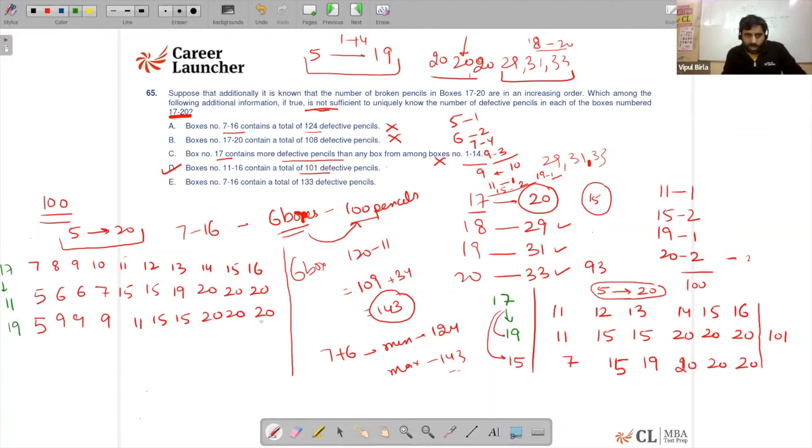Let's try whether we can have any other possibility also. So if I give 20, 20 and see whether 19 can be here or not. 19 out here, and then the same 15, 15, 11, 9, 9, 9, and since I've changed 19 to 20 to 19, we need one more. Therefore, that's also one of the possibilities. And in this case, 20 will be there in box number 17. So again, we will not be able to uniquely identify what is there in box number 17. So therefore, this is also the correct answer.